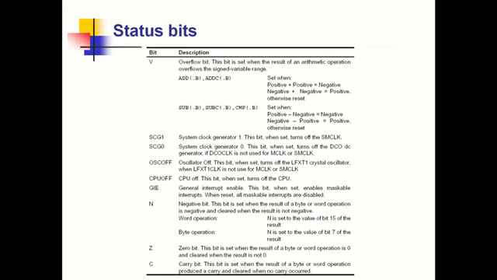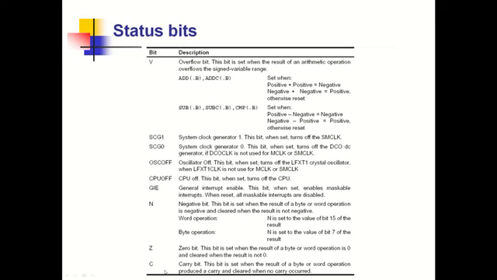Similarly, oscillator off: this bit when set turns off the low frequency crystal oscillator. And if the CPU off flag bit is set, it turns off the CPU itself. For the global interrupt, this bit has to be set if you want to accept any of the peripheral interrupt sources, which are all maskable interrupts.